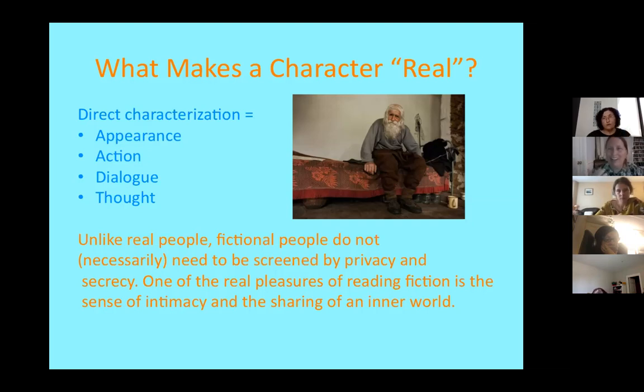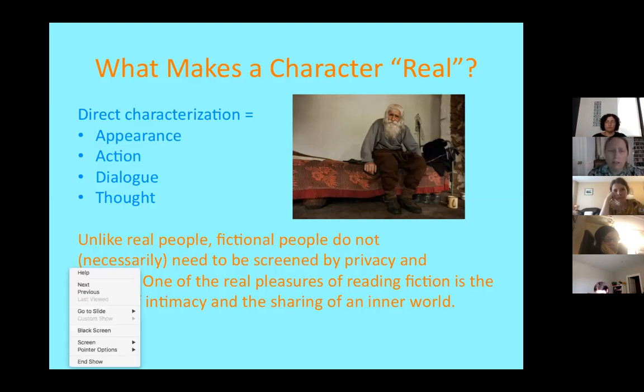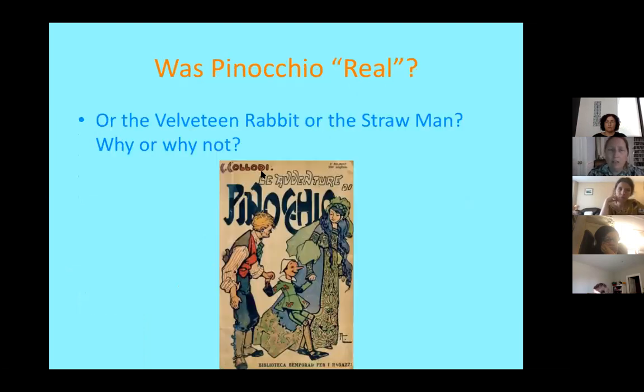And so, as always, this class was specifically set up for you guys around the work that was handed in to me. So I want you to understand that if you're trying to create a character, these small concrete things, appearance, action, dialogue, and thought, are essential to creating a character that I want to read about. And I do want to read about the characters. Right? Let's take a look at the Velveteen Rabbit. Does anybody not know who the Velveteen Rabbit is?